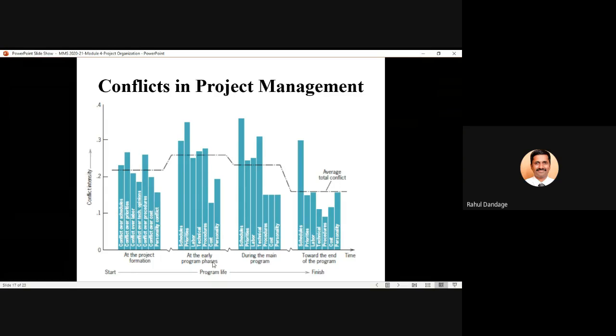The third phase is the main program, that is the main execution part, and last, toward the end of the program, is the closure phase, when your project is coming to an end. During each phase, it has been shown what variety of conflicts arise and what the intensity of those conflicts is. Like, let us say if you see the initial project formation stage,